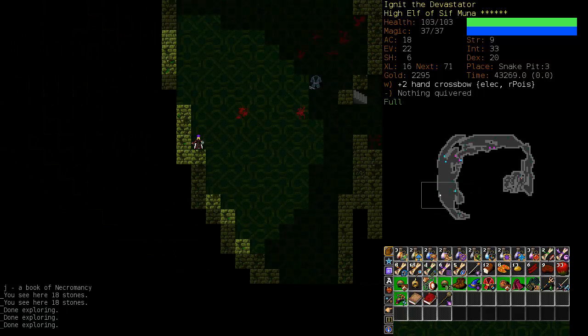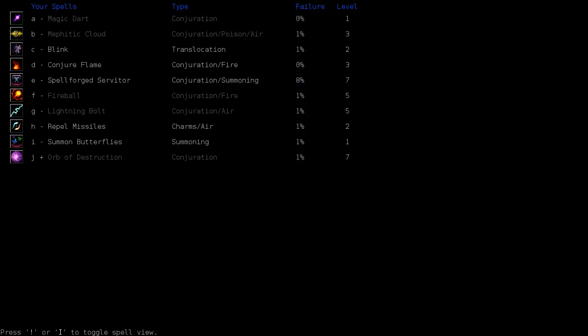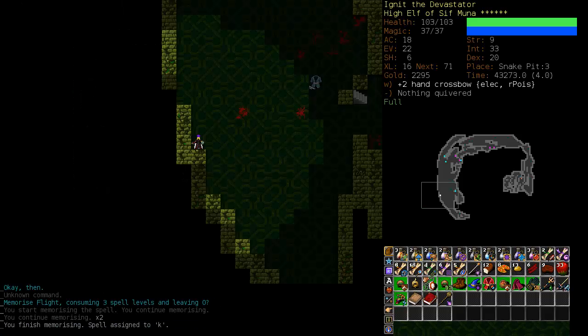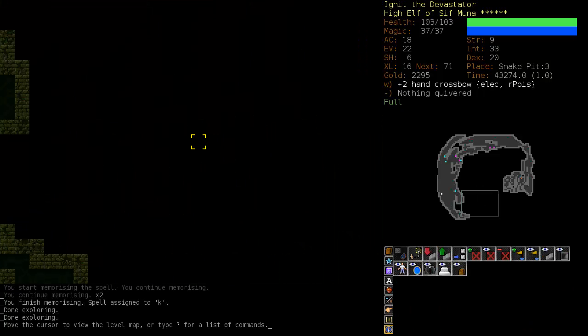Pick up a book of Necromancy, and we don't want any of that. I thought we memorized Flight. Do we have it? No, we don't. I don't think we have the spell levels for it, but I think we do now, so let's just pick it up. We might want to forget about it after the...